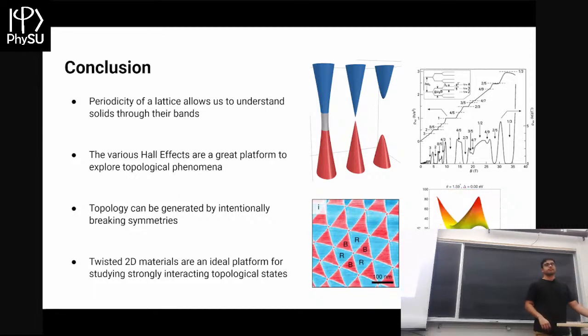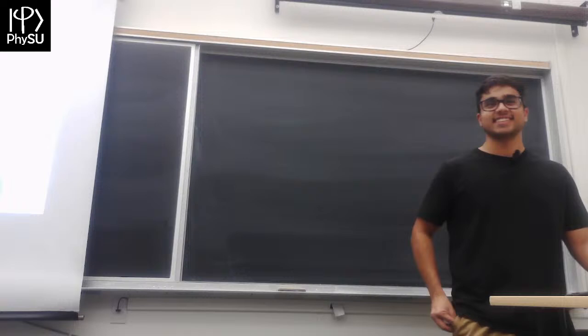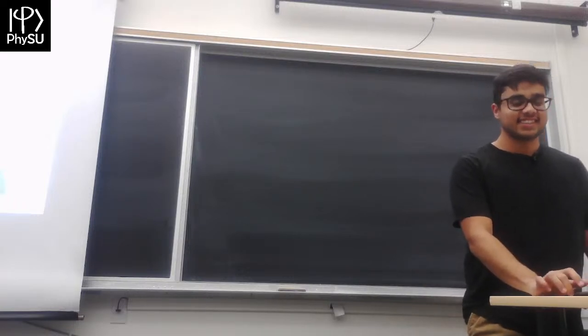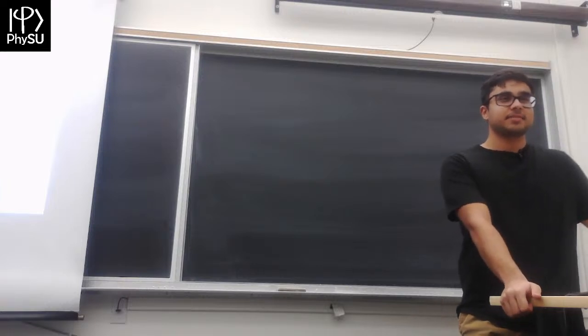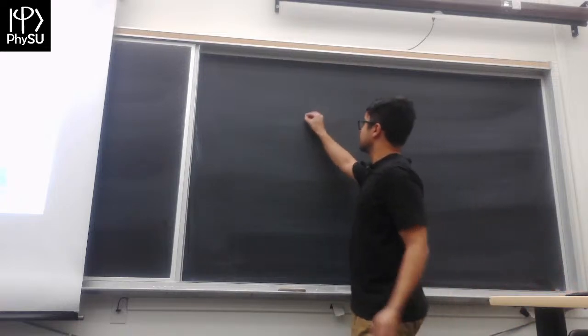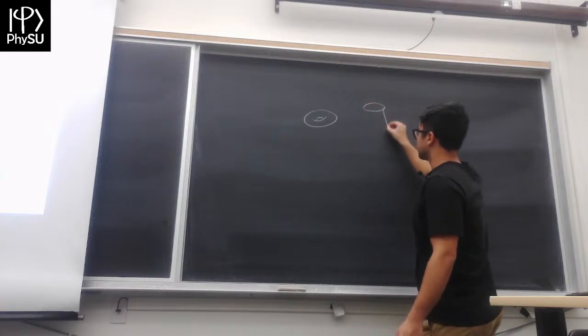So what is the topology? Is it like the number of holes in a donut or something? Why is it invariant? You might have heard of a coffee cup, right? There's donuts and there's coffee cups. In the mathematical sense for topology, imagine you had, say, a donut and then a coffee cup.